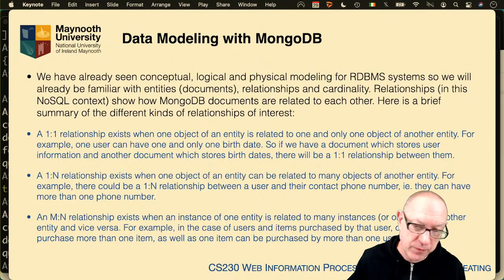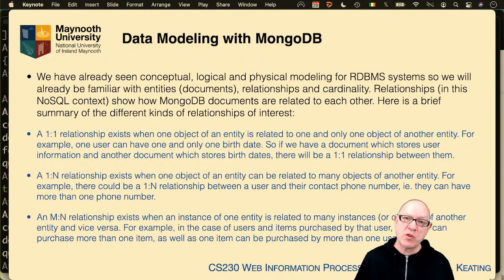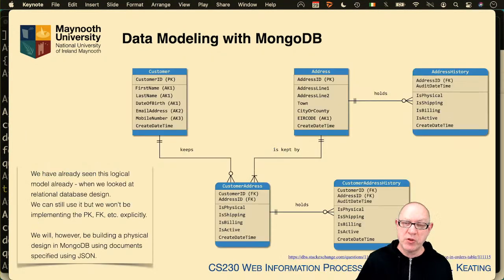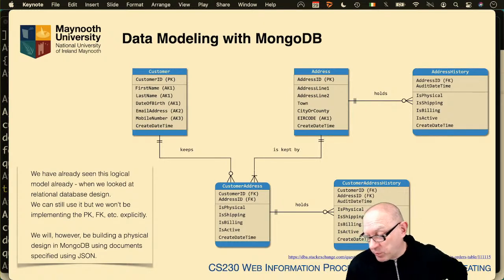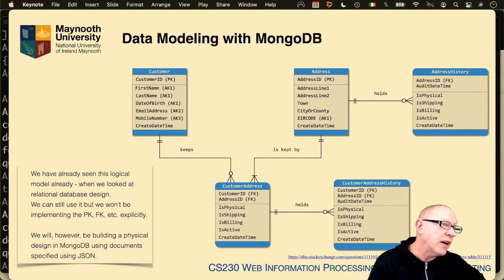So you have to remember these key things when you're designing and developing, working with your databases, MongoDB or otherwise. So we've already seen this before. Essentially, this is a logical model from when we looked at relational databases. But we can still use this. So this is the model, but we won't be working with